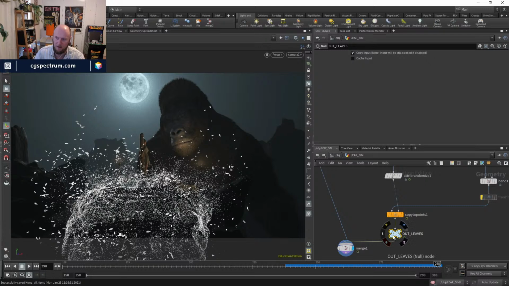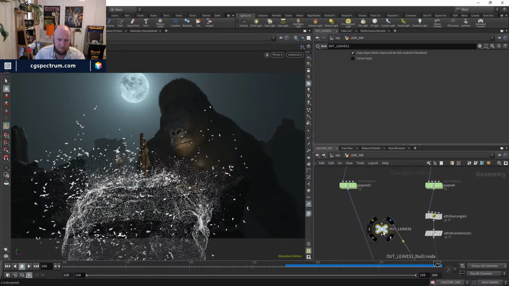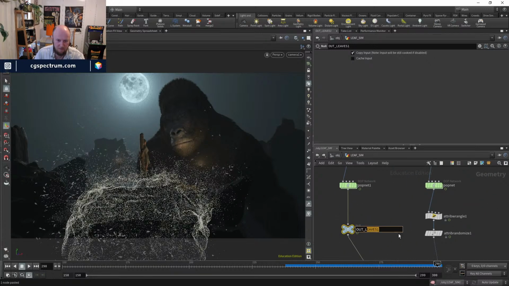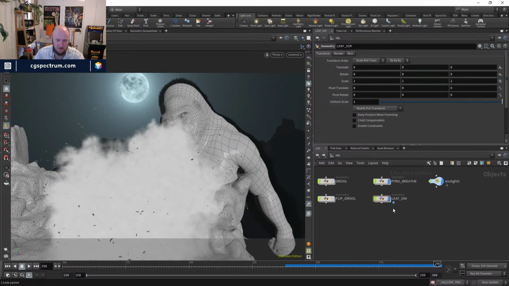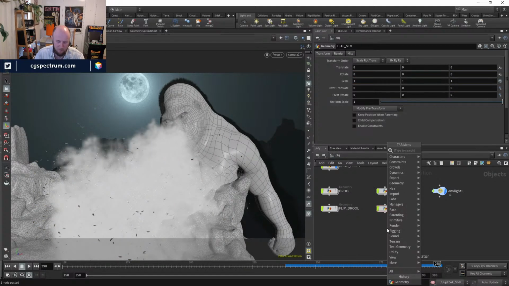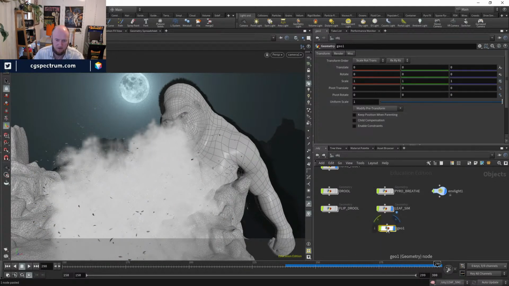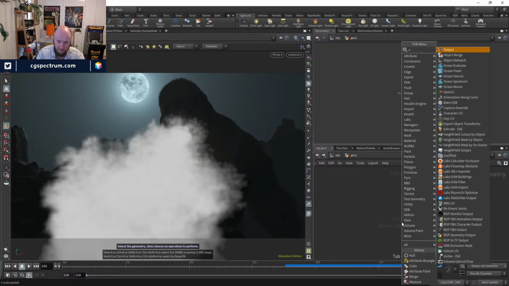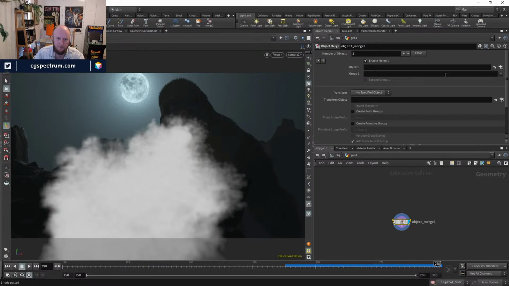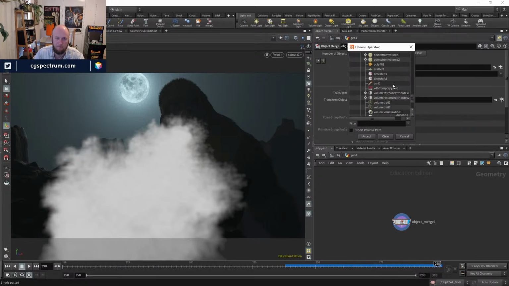And another one for my dust or grit. Call that out grit. And then this is my leaf sim node, which I created the grit in as well, which is okay, but I'll just create two geometry containers for rendering. So I'll create an object merge and